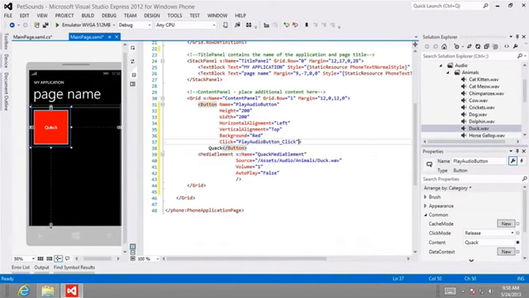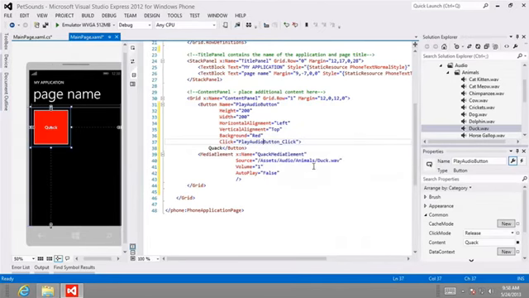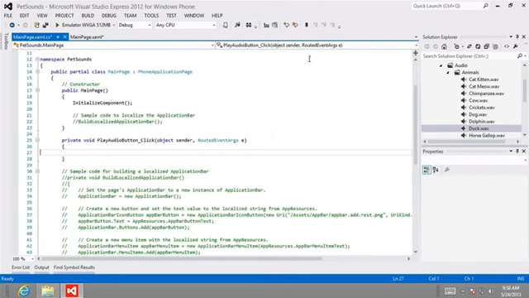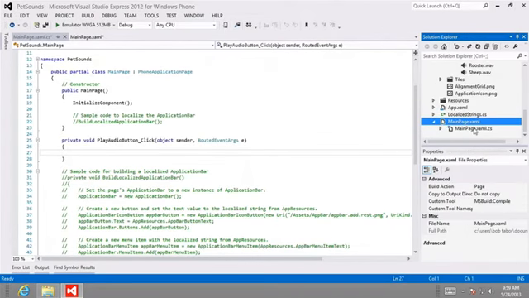And so what I want to do is right click anywhere in here. I'm just going to go ahead and right click inside of the button and select navigate to event handler. And when I do that, you can see that a page called mainpage.xaml.cs will open up in the main area. Now, if you take a look in the Solution Explorer, we have mainpage.xaml. If I were to use the little arrow next to it, you can see that it has a relationship with another file called